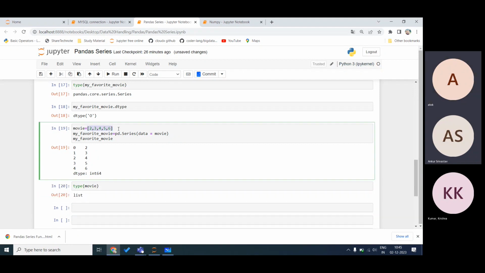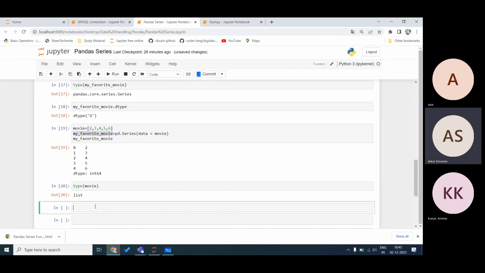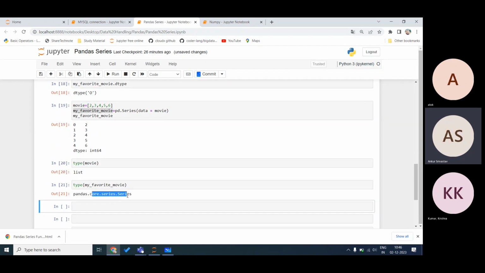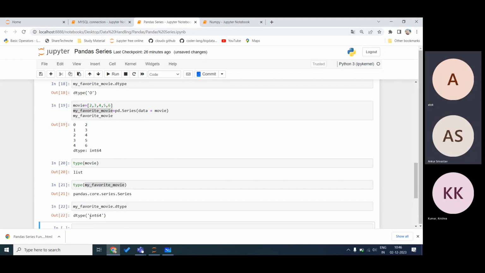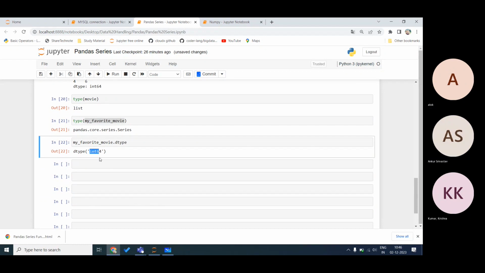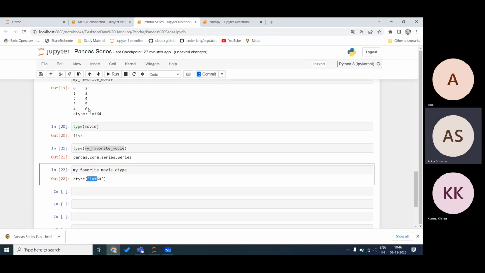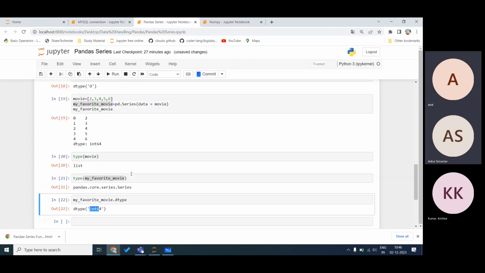Type of my favorite movie is a pandas Series. And if I ask the data type inside it, it is integer, int64. 2, 3, 4, 5, 6. This is integer.